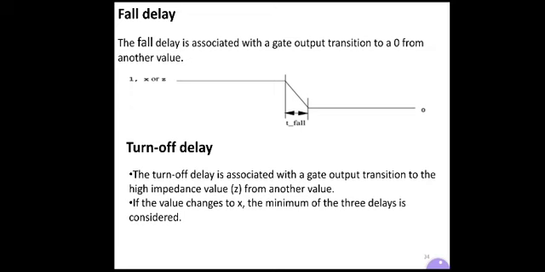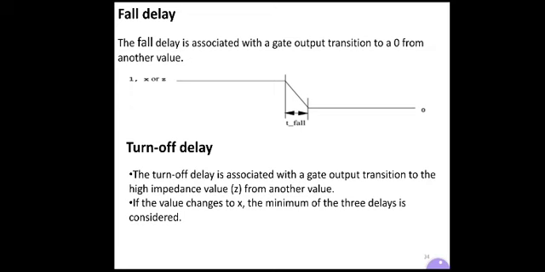So when the output transitions to 0, this is called fall delay. Again the figure is shown here. From 1, x or z, the value changes to 0. So t fall is shown here. This is a fall delay. In real circuits, delay is associated with them.